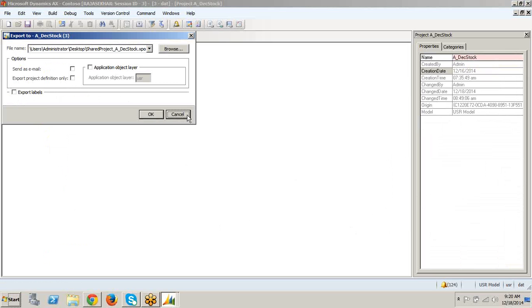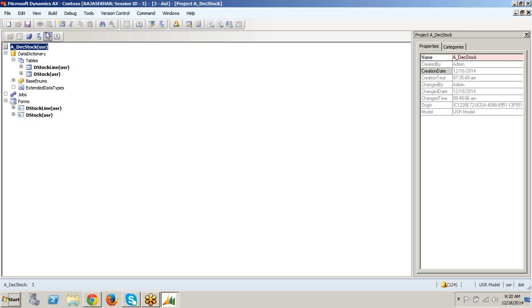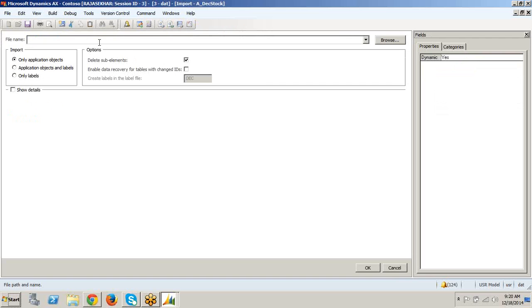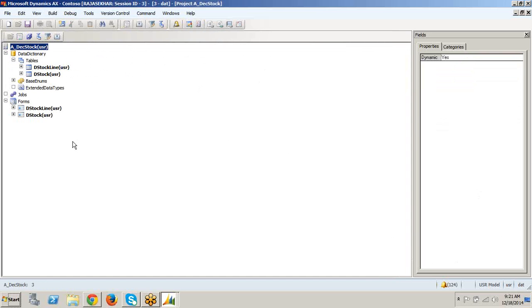Now importing the project, this is the deploying screen in the client's machine, that is the customer machine. See here, it is asking to import application objects and labels. Only labels. Labels means label file IDs. So creating the label file IDs, creating the label descriptions is very important in a project.